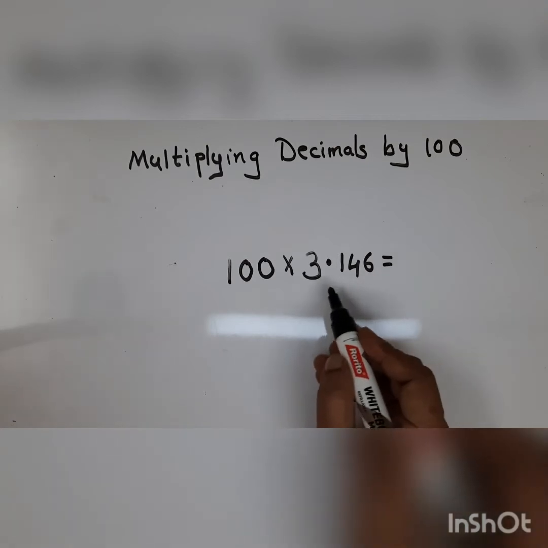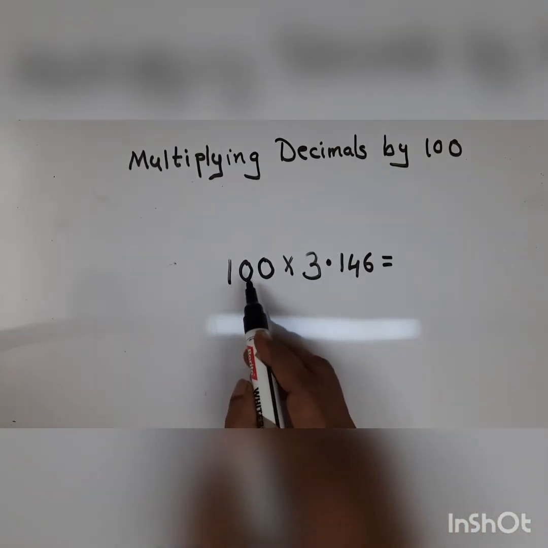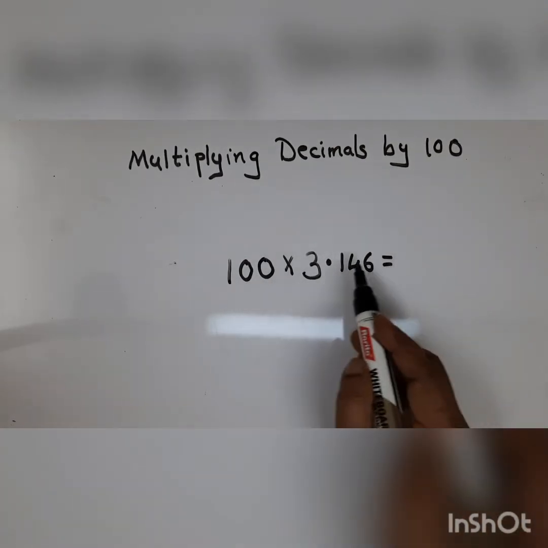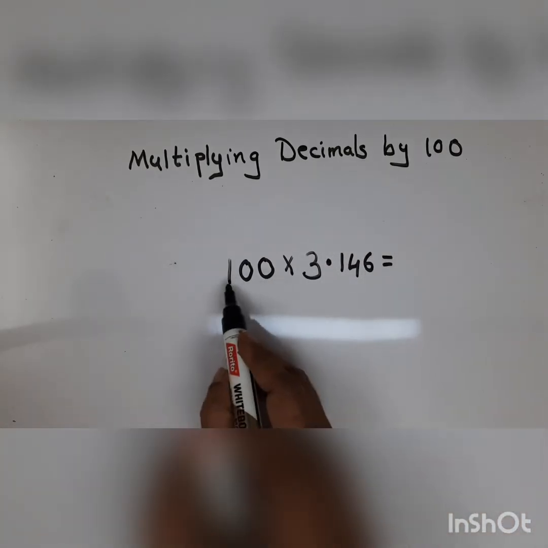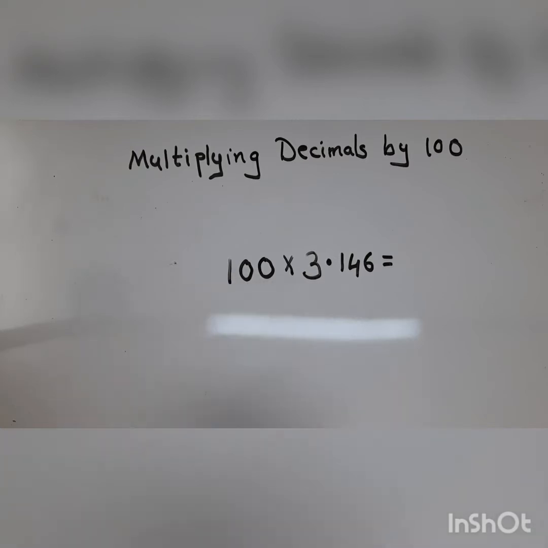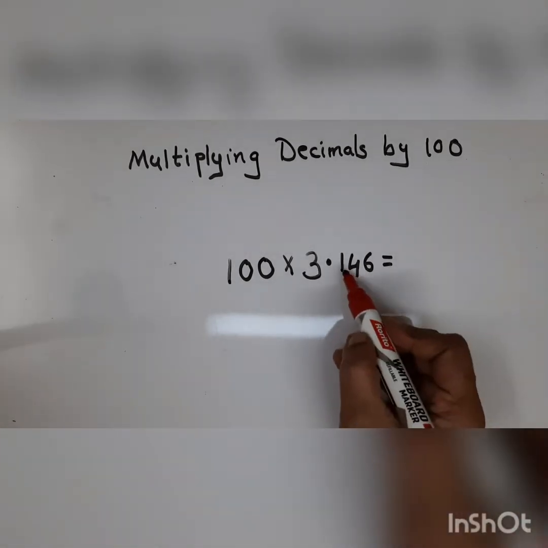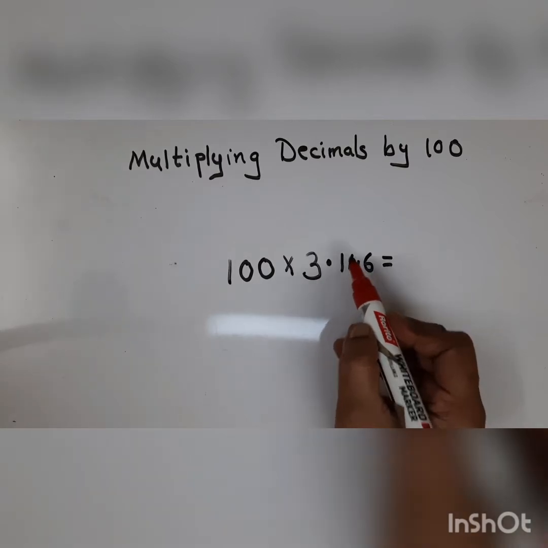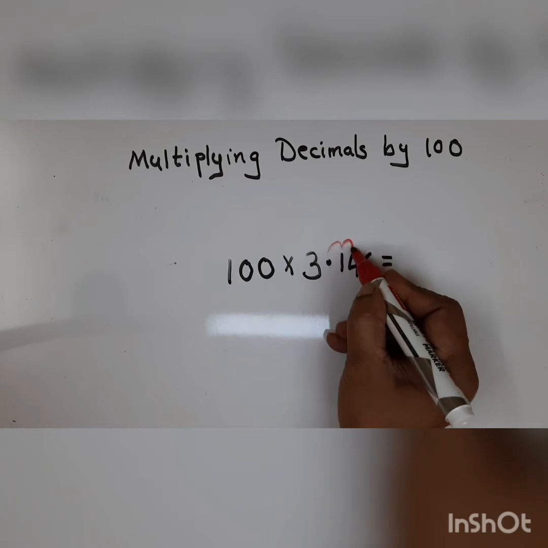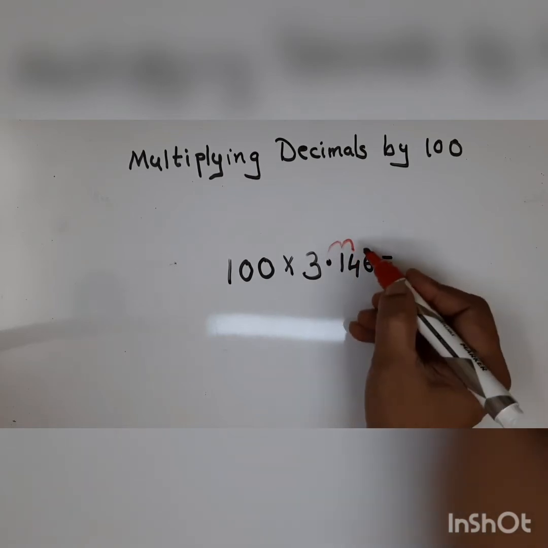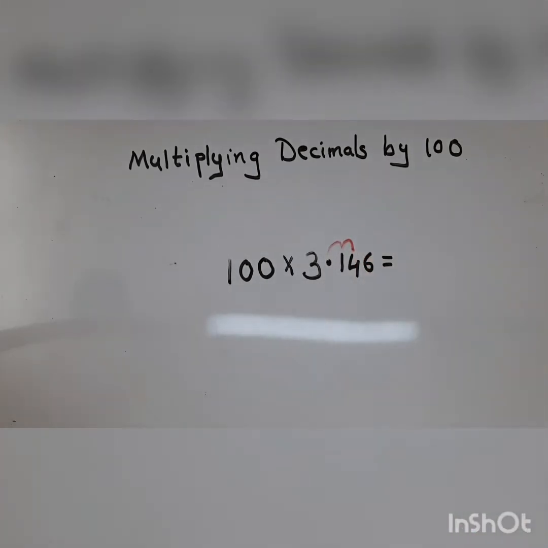How many places, children? We are shifting to the right. First, remember the position. It is to the right. As there are zeros after 1, after 1 I have 2 zeros. So that means I have to shift 2 places. Let me take this red pen. So, this is one place. This is another place. Can you see? After this is my one place. This is my second place. So that means I have to shift it over.